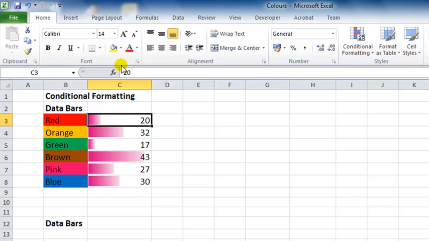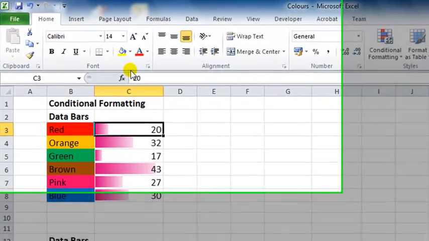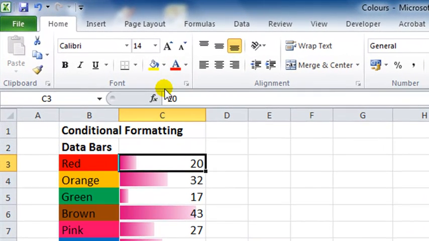I've got the ribbon at the top, and I'm going to press the Alt button on the keyboard, which is normally in the bottom left of your keyboard, about 3 keys in. And if I press the Alt key, you'll see some letters appear along the ribbon, and each of the letters is the key tip to open up the different ribbon tabs. We're on the Home ribbon at the moment, and the key tip letter for that is H. Let's just have a look at the Formula ribbon. Underneath that the key tip is M, so if I press M on my keyboard,